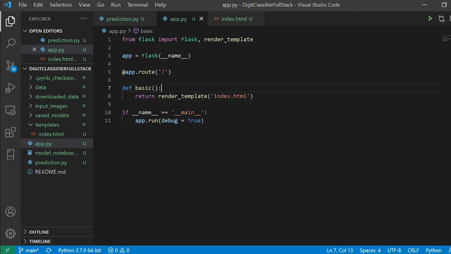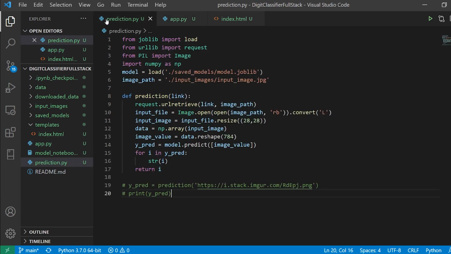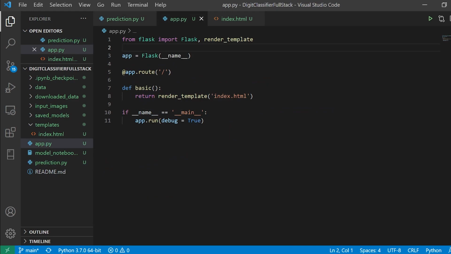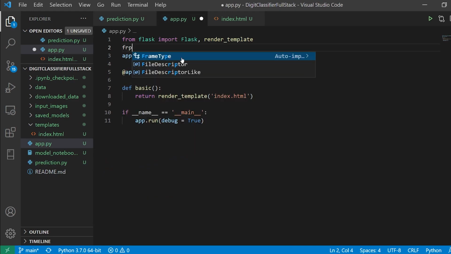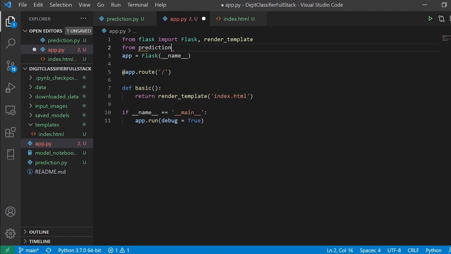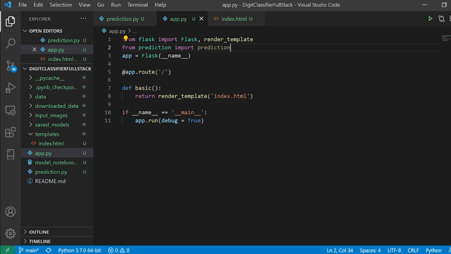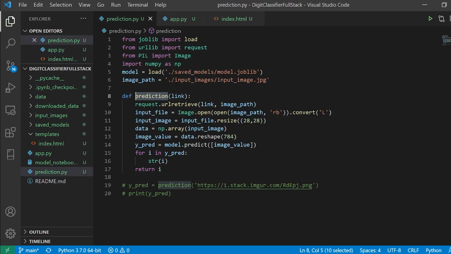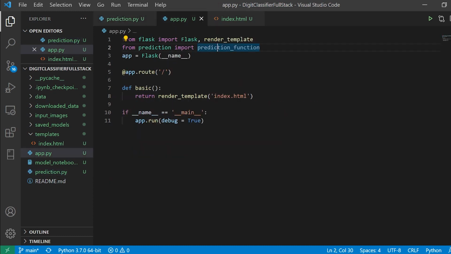Anyway, now I want to interact with that function that we have made, this prediction mechanism. So I'll say from prediction, that is the name of the file, I'm going to import prediction. In order to get rid of the confusion, I will say prediction_function. That is one of the ways, and I'll just replace this name in prediction.py so that you don't get confused. So you have to say def prediction_function, and I can also call it over here. Now we will actually use that function.